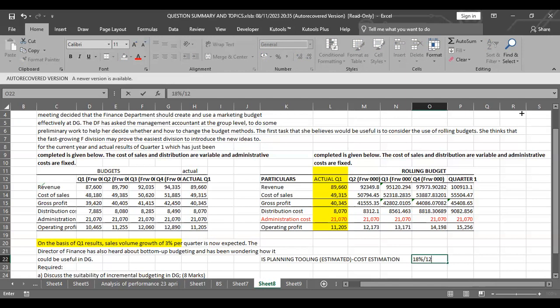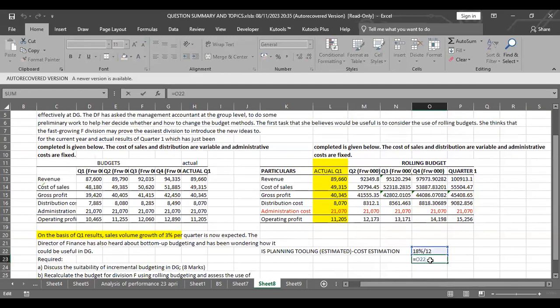Most times, if they want it to be per 3 months, which is a quarter, then of course you'll divide by 12 to get an average, and then extend it to the 3 months by multiplying. So you'll get what this will give you, then you extend it. I should have put equal here. So you'll use the concept of multi-period. The factor is that you do it in each quarter. Yes, you multiply by 3. The percentage will be for each quarter.